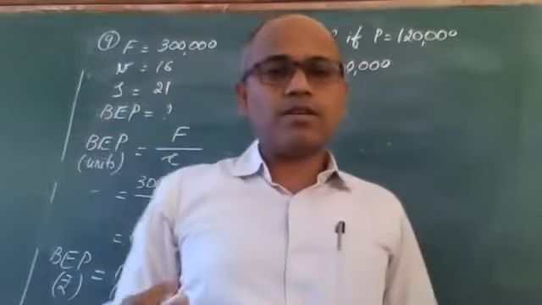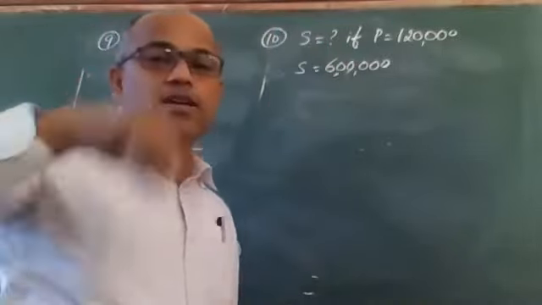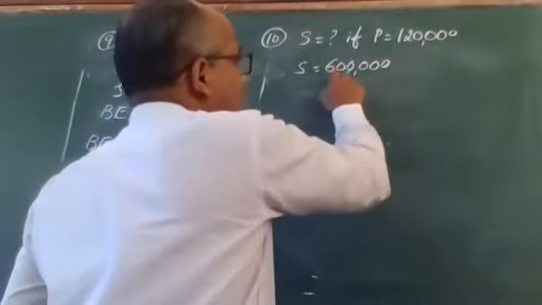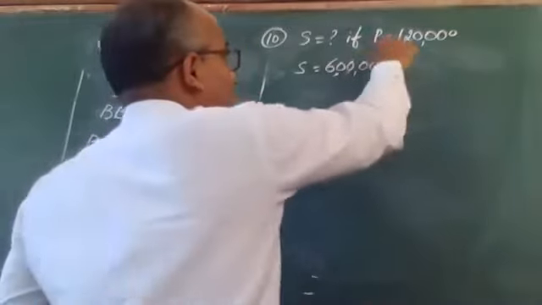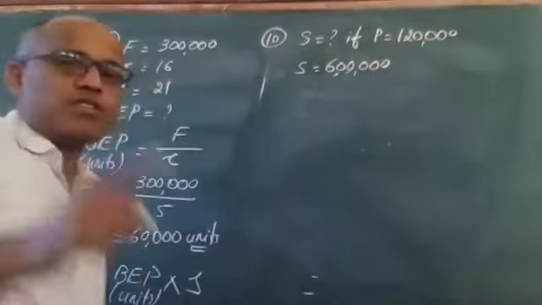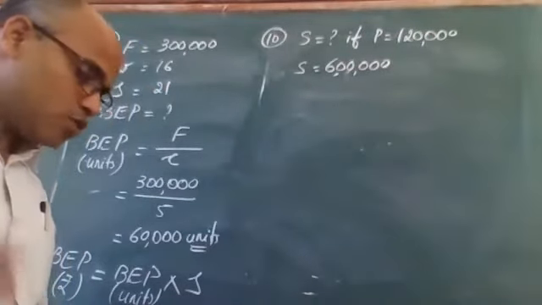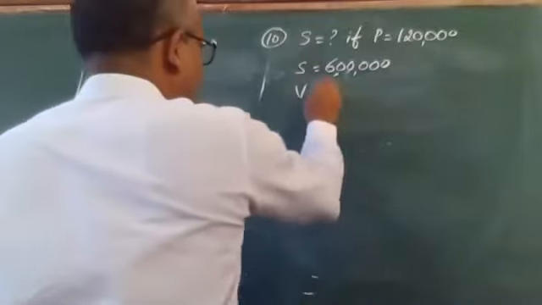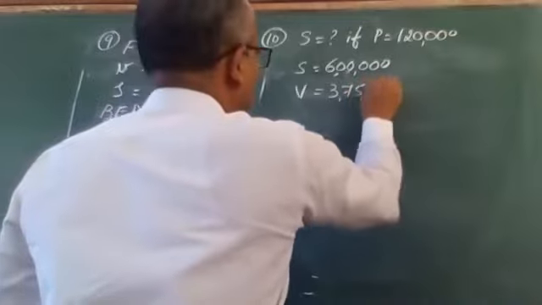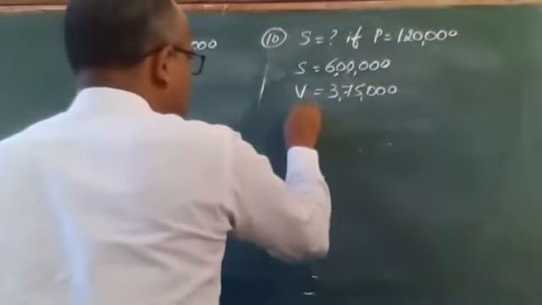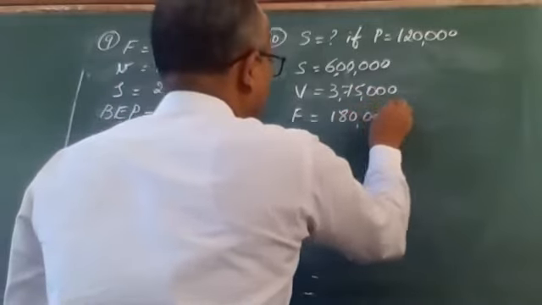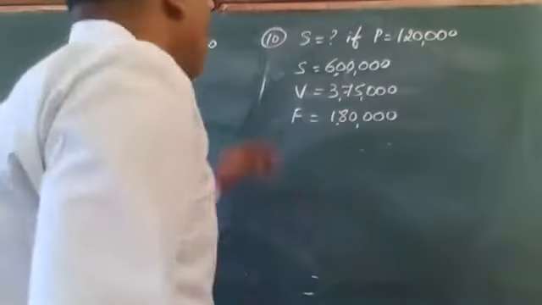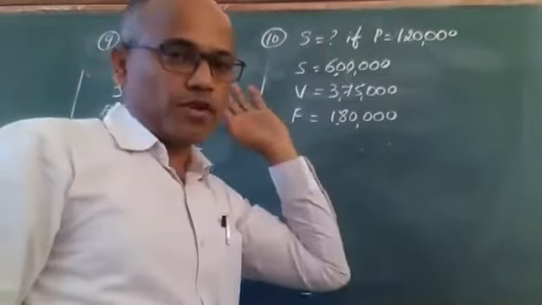Students generally get confused. They say, sir, sales information is there, why is he again asking sales? The logic here is, for this sales, we don't know how much the profit is. But if I want 1,20,000 profit, how much I should sell is the question. Is it okay? So based on that, you proceed. Further information talks about the total variable cost, given as 3,75,000, and the fixed cost is also given as 1,50,000. This is what is given to us. Now he is asking, find out sales if I want this much profit.